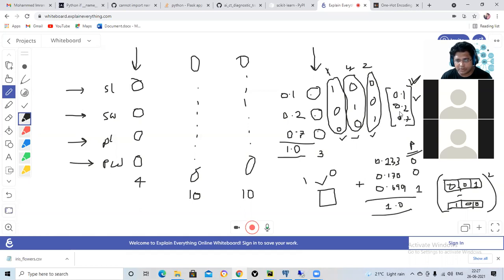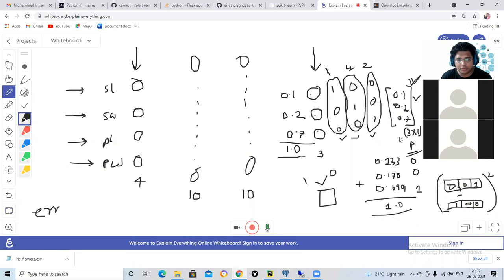After getting this one, I have to calculate the error, right? I have to calculate the error. And how can I subtract a vector from a scalar? I can't, right? I have to subtract a vector from a vector of equal dimension. What is the dimension of this vector? 3 cross 1? Yes.